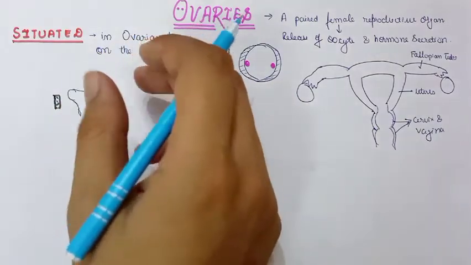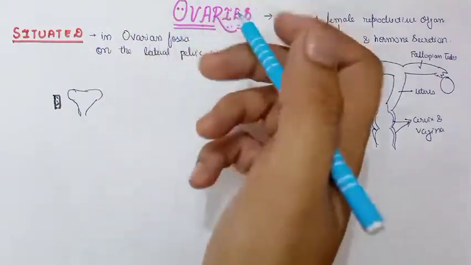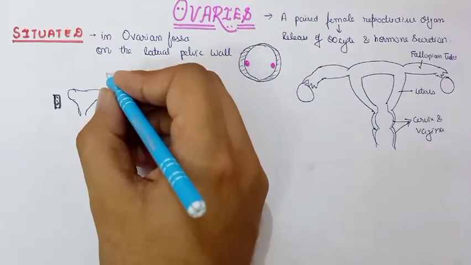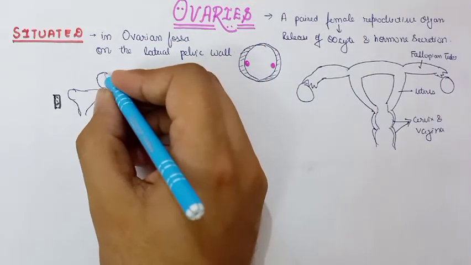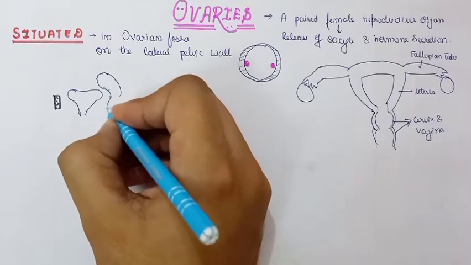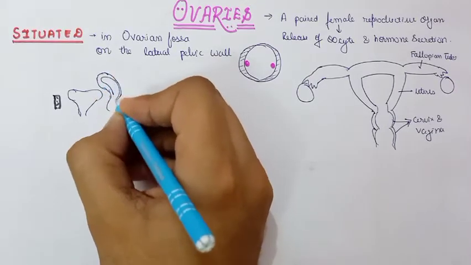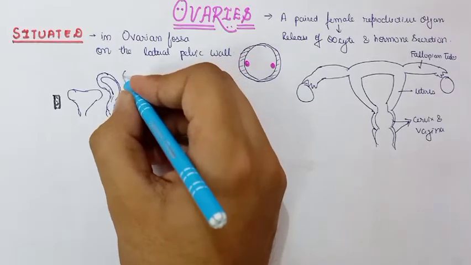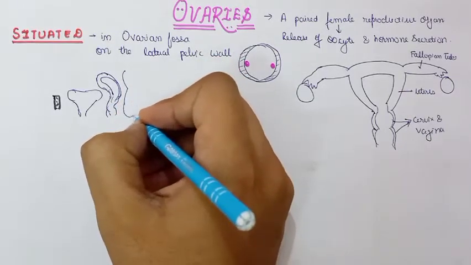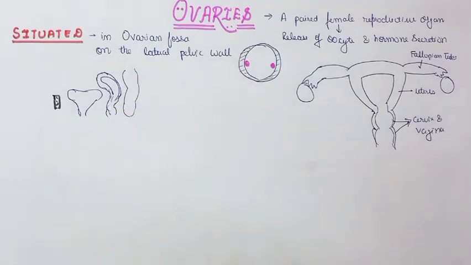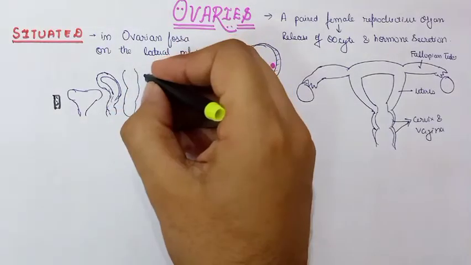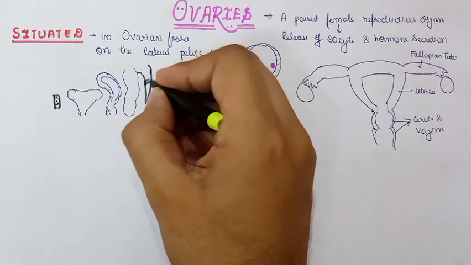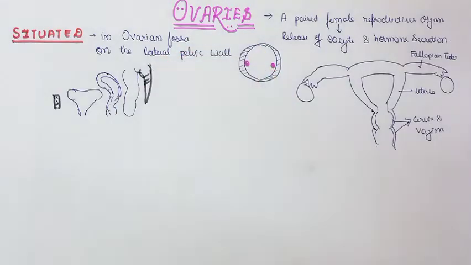Behind the urinary bladder, we have the rectum, and in the case of females, we have over here the cervix, vagina, and uterus also. So this is the uterus, cervix, and vagina. And behind it, we have the rectum and anal canal. And more posterior to it are the sacrum and coccyx. The upper part is the sacrum and the lower part is the coccyx.